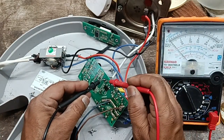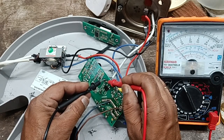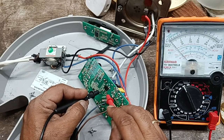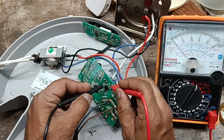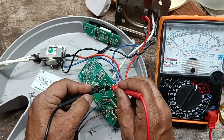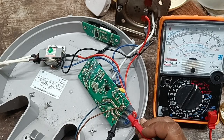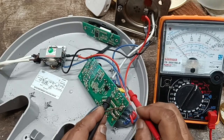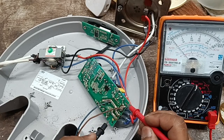multimeter. I put it on DC volt. I am checking the capacitor voltage. We must get 300 volts here. There is no voltage, and the AC side is also not showing any voltage. Here on the input side we see the supply. See here,